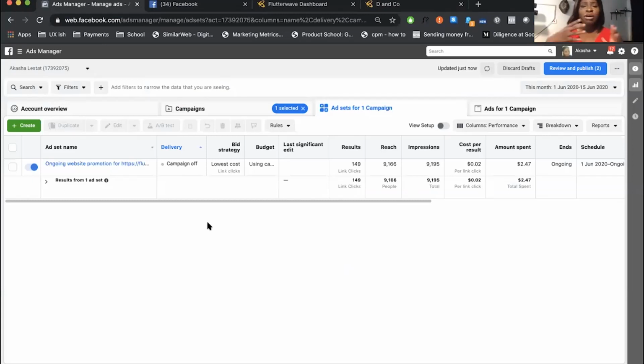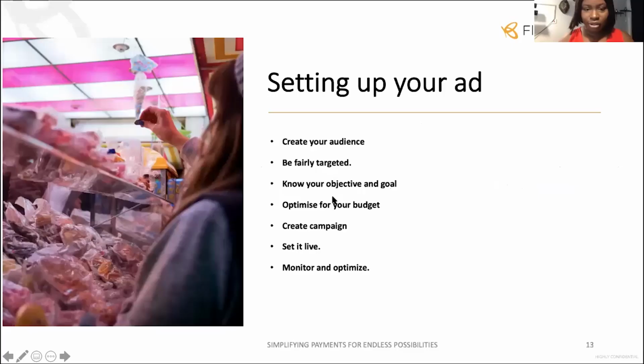Now, oftentimes you don't find a lot of people who see an ad and make a purchase immediately, which is why you want people to be able to follow your page, right? And you still want people to go back and make the purchase on your page, on your Flutterwave store. So you're going to put the link in every product shot. You're going to remind people to buy on your Flutterwave page. Okay, so let me stop my share and then go back into our presentation.